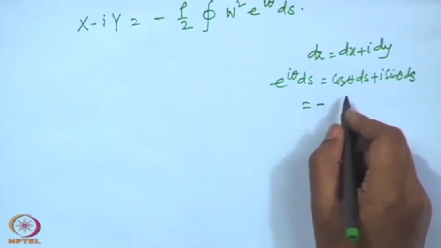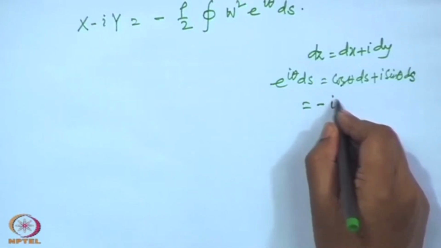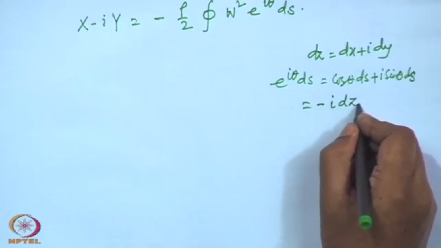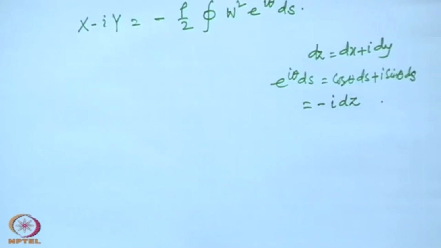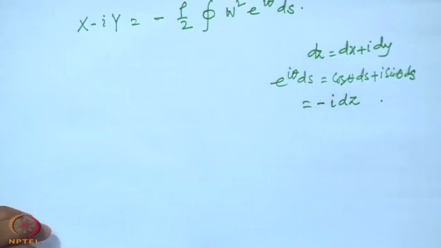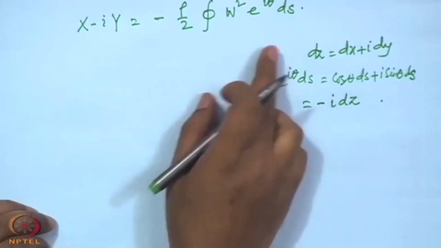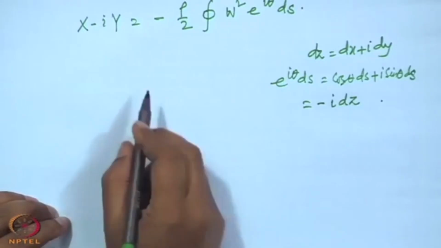This is minus i dz. And then we put it here. What do we get then? x minus i y equal to